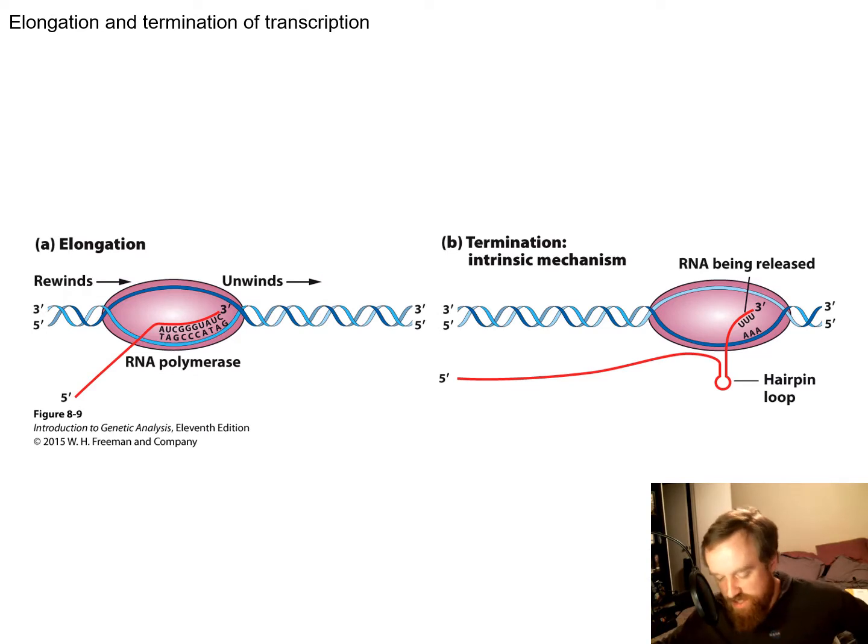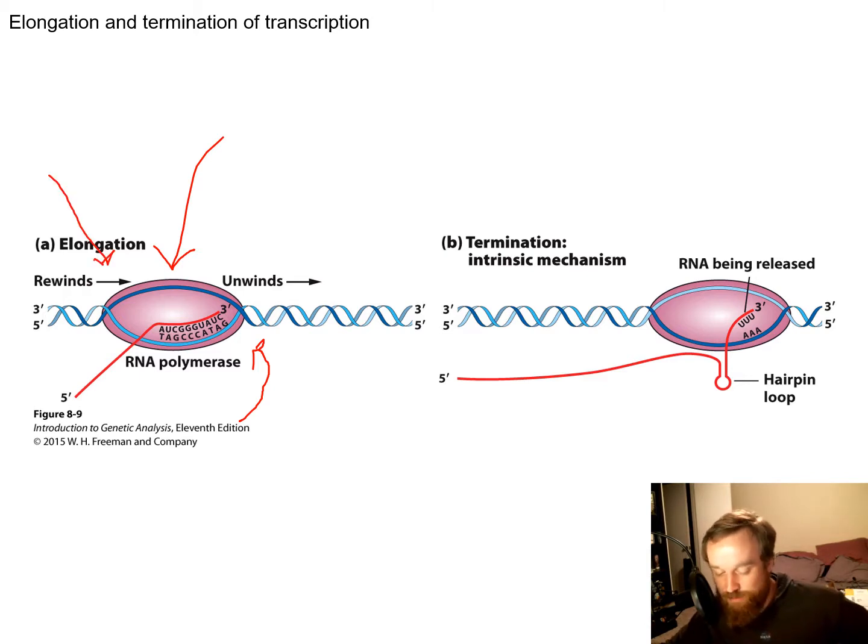So here we see the transcription machinery. All those subunits are kind of wound into this egg. A lot of times throughout the textbook, they'll denote the transcription machinery as this little egg going through. We know it's made up of different subunits, but for simplicity, it's denoted as a single egg here. So as transcription proceeds, the polymerase will unwind the DNA as it goes, and then